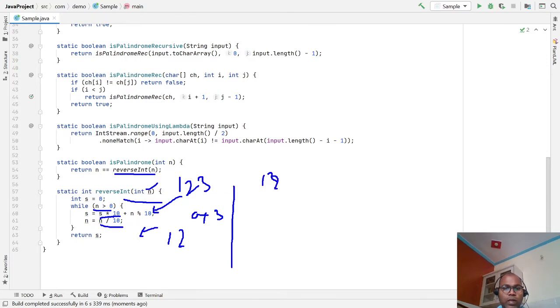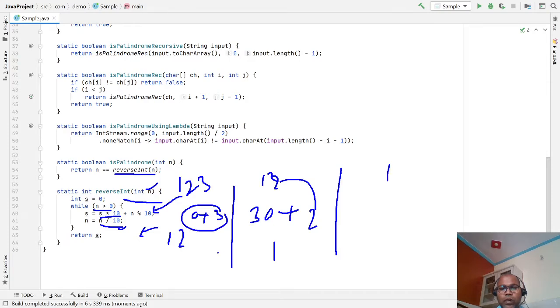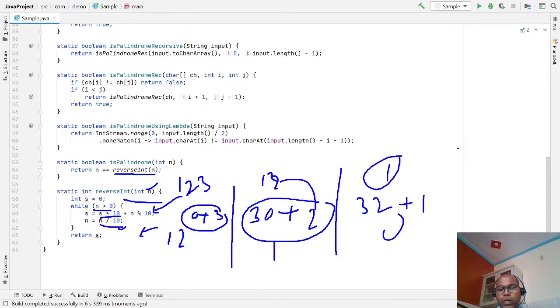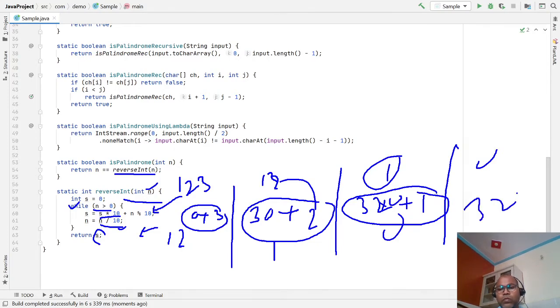In the second loop, sum is 3, multiplied by 10 gives 30, plus modulo 2, and the number divided by 10 becomes 1. In the next iteration, the number is 1, sum is 32 plus modulo 1, and then the number is 0, the loop is over, and we return the sum. Multiplying by 10 each time, we get 3 2 1.